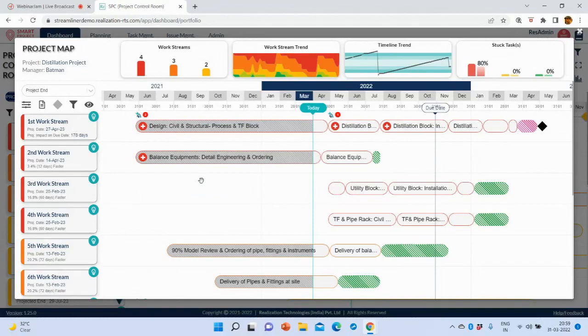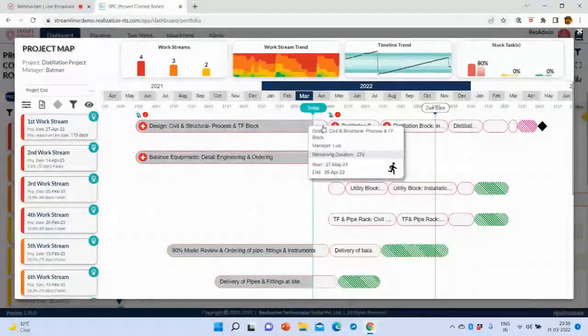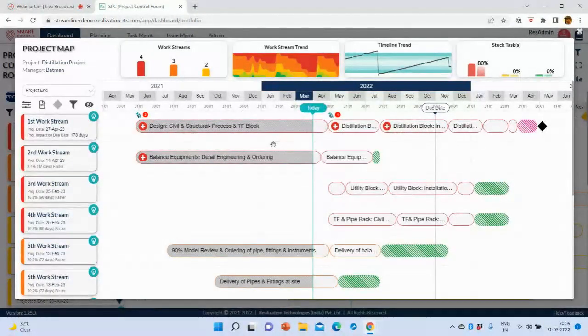Don't think of it as a specific example, because we have not been able to share too much information on how this project has been conceptualized. So imagine you start with your sweet spot batch, whatever you think is the sweet spot. Let's say for civil works, we say that, okay, let us at least hand over the substructure drawings. Superstructure can come later, but at least the substructure drawings should go for the contract